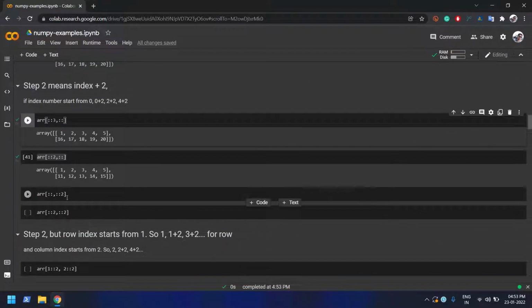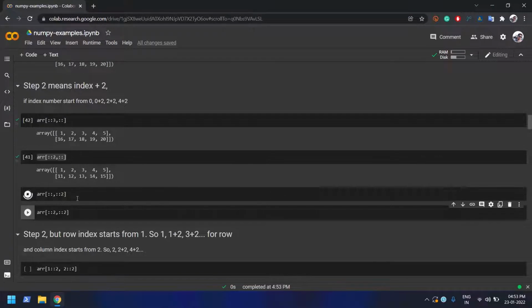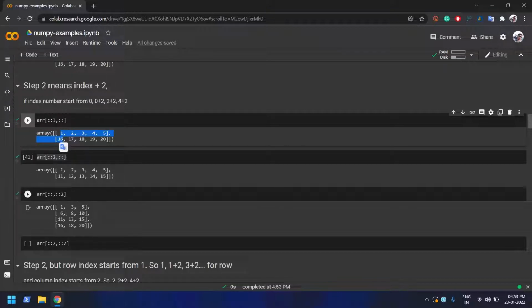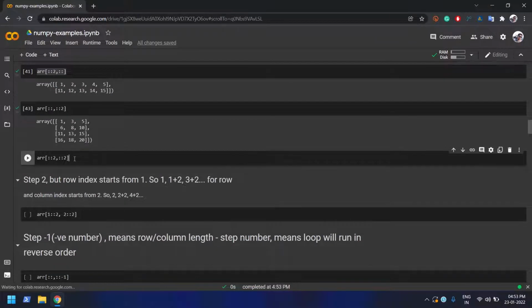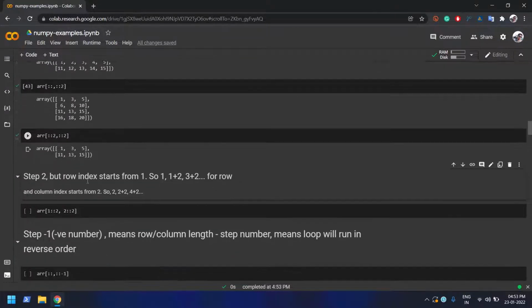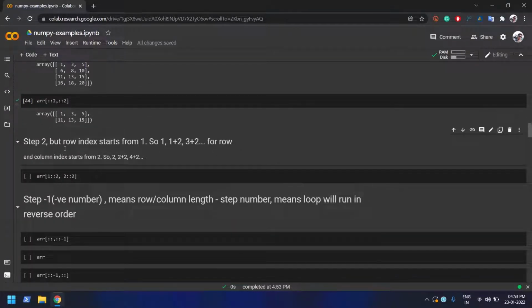Alright, similarly for the rows, again I am saying I want all the rows, but for column I want only with a step 2. So index 0 plus 2, since we have more than one, so 0 it's over here, so 1 16, that's why that row that column is there. Then plus 2 means 0 1 2, so 3 18, that's why it's coming. Then it will jump plus 1 again, 5 20. Alright, now if you see for the row and column both together, then it will print 1 3 5 11 16, something like that, 15 I mean. All right, step 2,